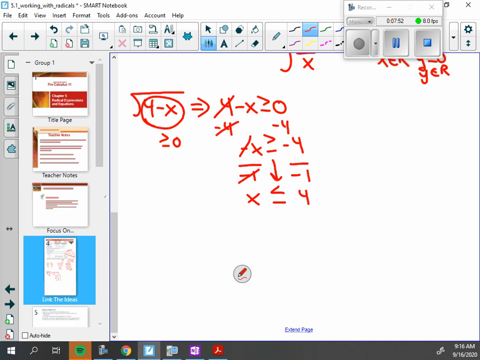Which makes sense, because remember I said if you would have added it over to the other side, even though this is a greater than symbol, you had to read it from the right over, and you'd have to read it as a less than. Okay, so that's kind of like a little review of things you need